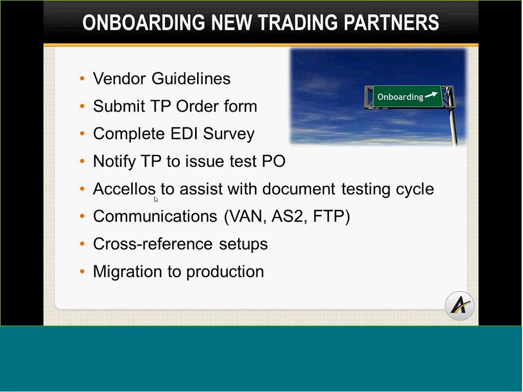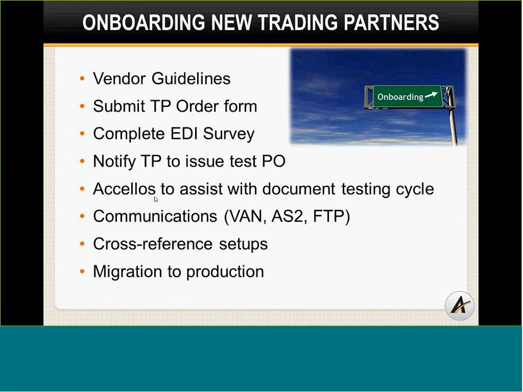And the guides will tell you which documents are being exchanged, what the requirements are, what their EDI identifiers are, if they have any special labeling requirements, what those are, etc. Once you have that information, we have a trading partner order form that we ask that our customers submit, and that just basically provides us with which trading partner, what documents, and just some basic information. I'm going to assign an analyst to log in and set up that trading partner both in Gentran and also